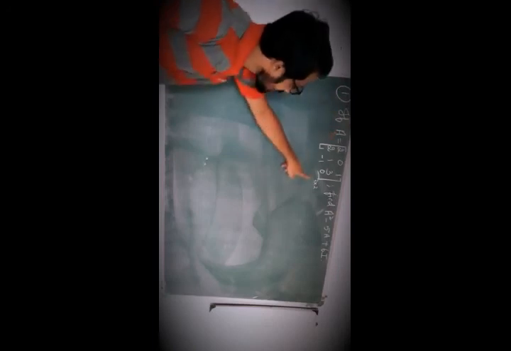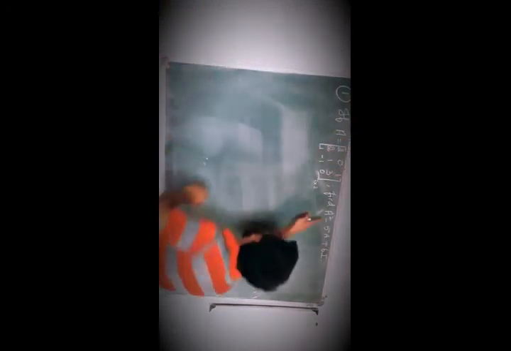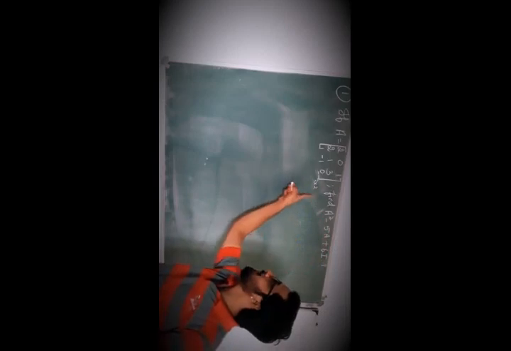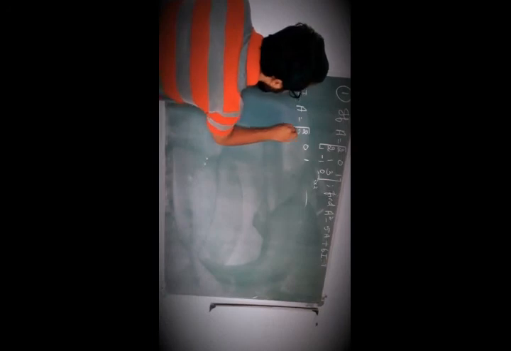First question: if capital A is equal to the 3 by 3 matrix 2 0 1, 2 1 3, 1 minus 1 0, find the value of A square minus 5A plus 6I. We have to find the value of A square, then 5A, then 6I. That means the identity matrix of order 3, since the given matrix is of order 3 by 3. Is it clear? So given that A is equal to 2 0 1, 2 1 3, 1 minus 1